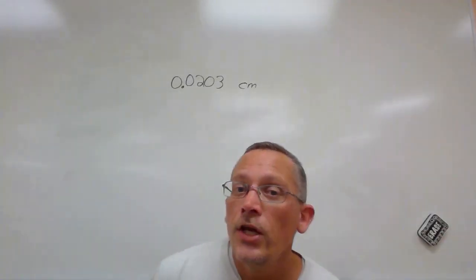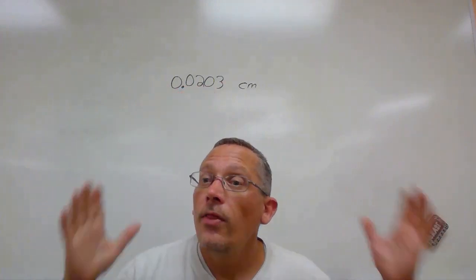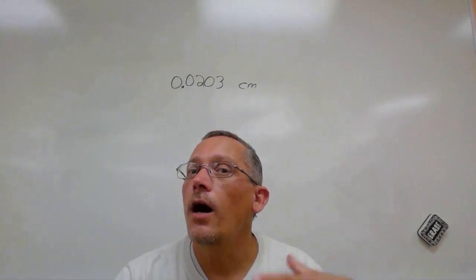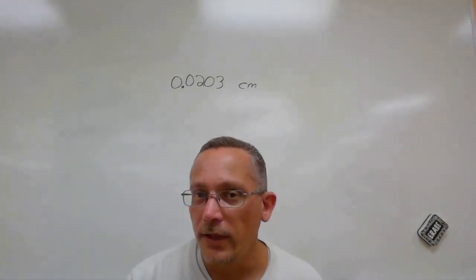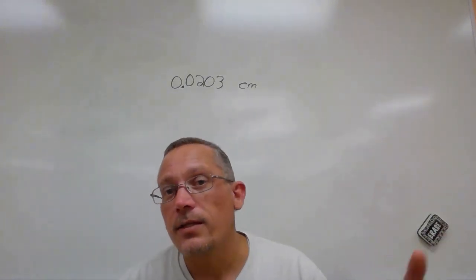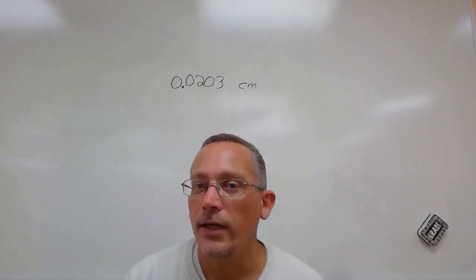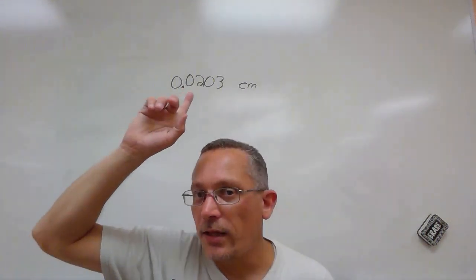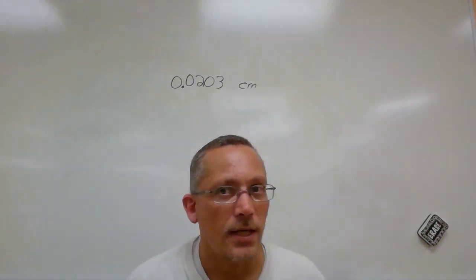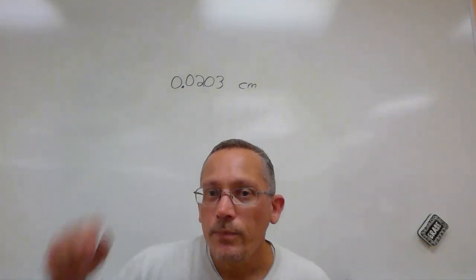Okay, in this measurement, you can see something a little bit different. You can see in this one, we have a 2 and the 3 that we know are significant because of the first rule. The first rule said that digits that aren't 0 are significant. You know the 0 that's between them is significant because of the second rule that says that a 0 that comes between significant digits is significant. But what about these zeros at the beginning? Were those zeros at the beginning measured? Or were they just estimated? Or are they just there to hold the place, right? Well,